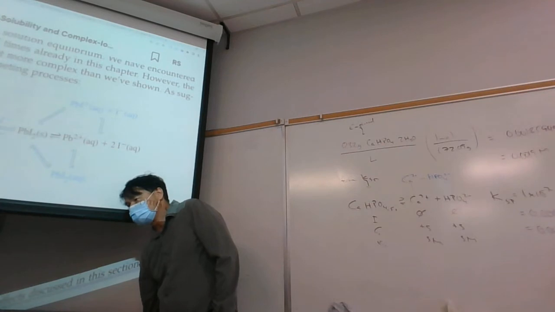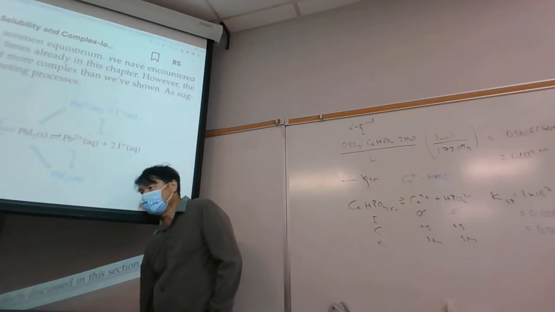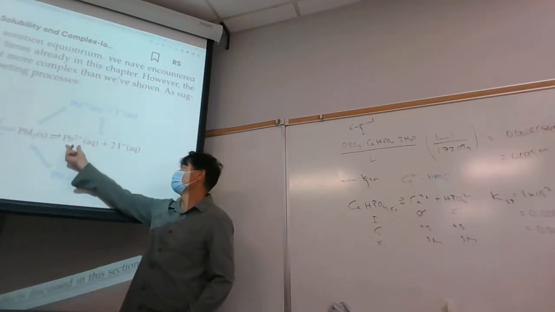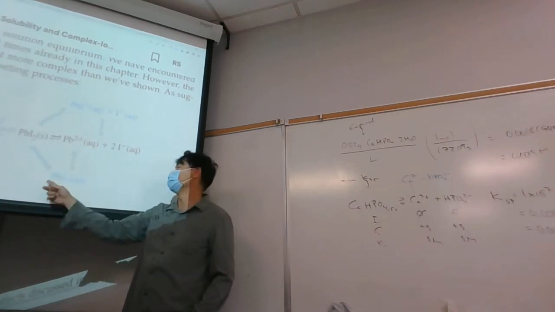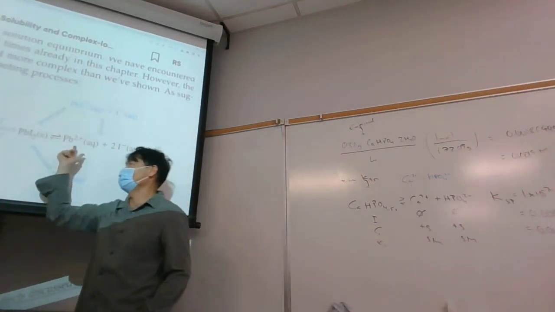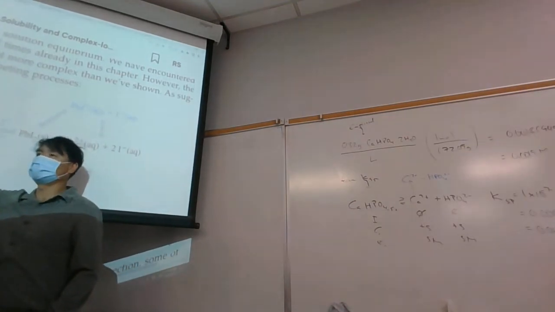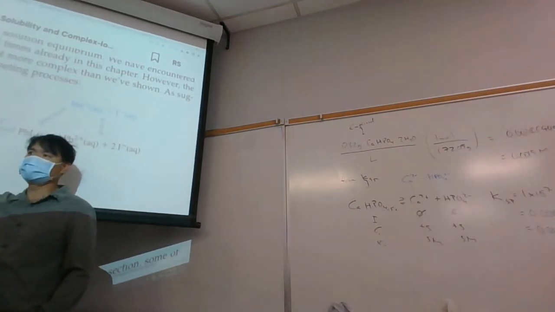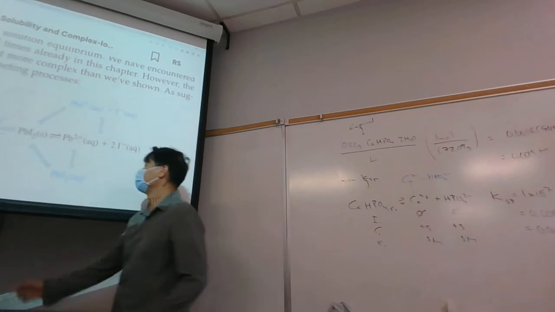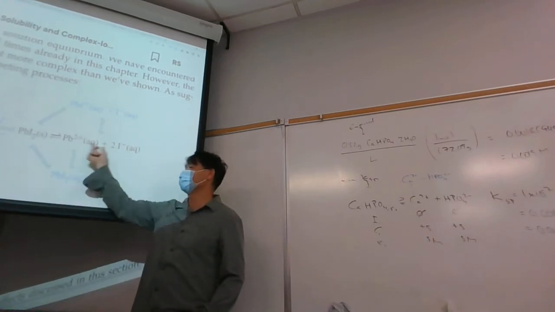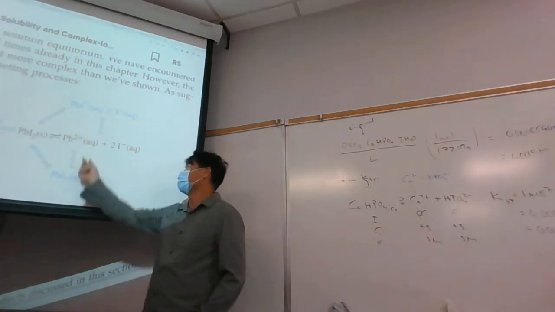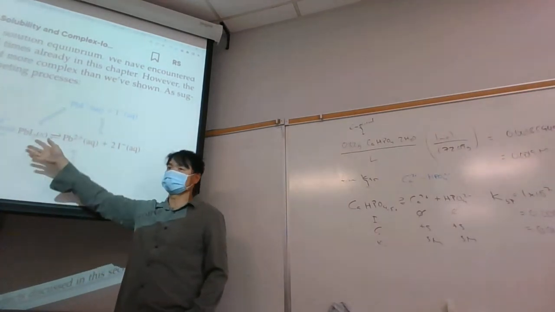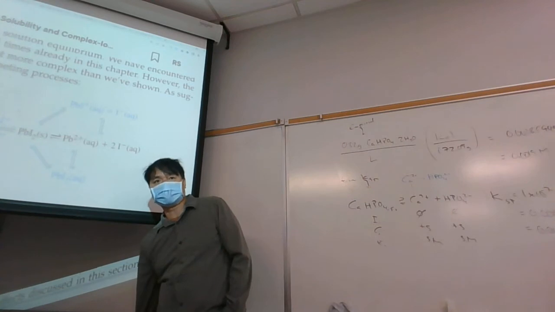And what that means is that there's actually more lead dissolved than we think, because if we're just measuring this, then we aren't getting all the lead. In addition, if we have excess iodide, we have these two as well. So the solubility calculated based on KSP is just using the black concentrations here. But the actual solubility is the black concentrations plus the blue concentrations to give us the total concentration of lead